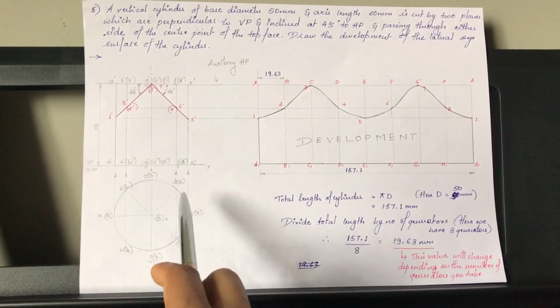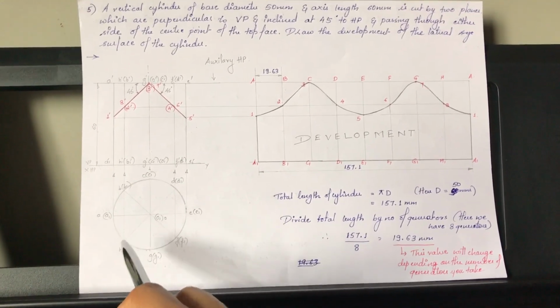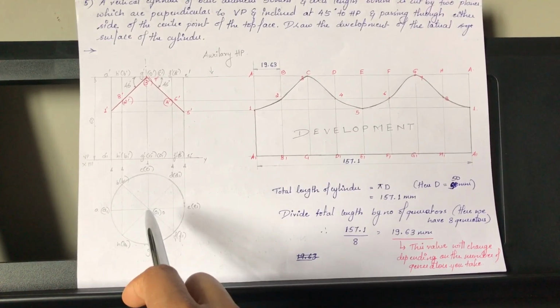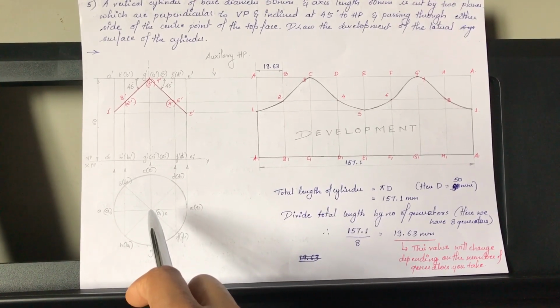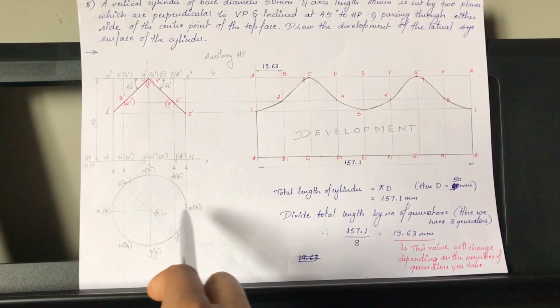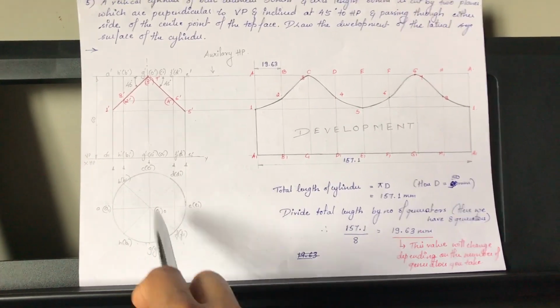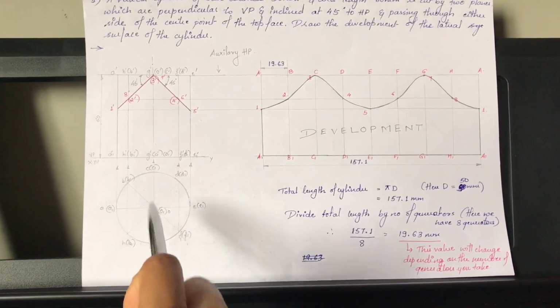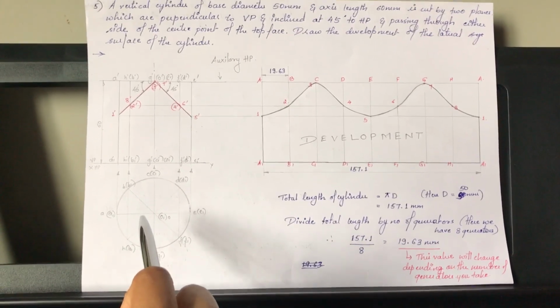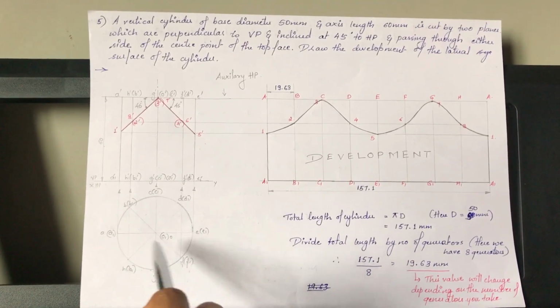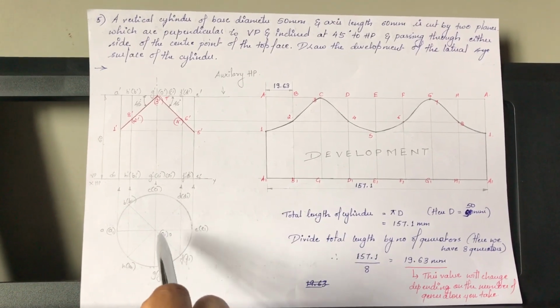These markings are done by taking the generator lines. How do we take the generator lines? Place the protractor here at the center point, 180 degrees, then 90 degrees, 45 degrees, 45 degrees. You get these generators. These type of solids we have already discussed in the classroom, so I hope you will not have any problem in marking these generator lines.